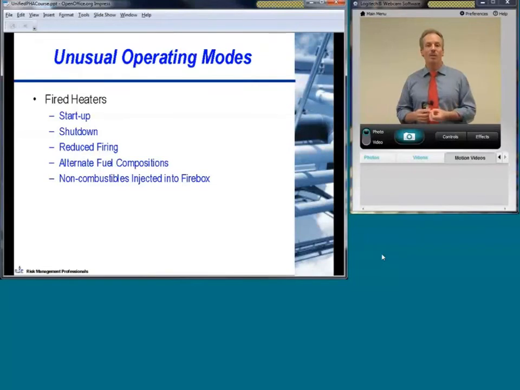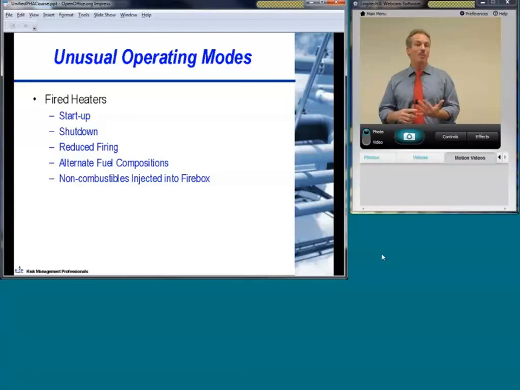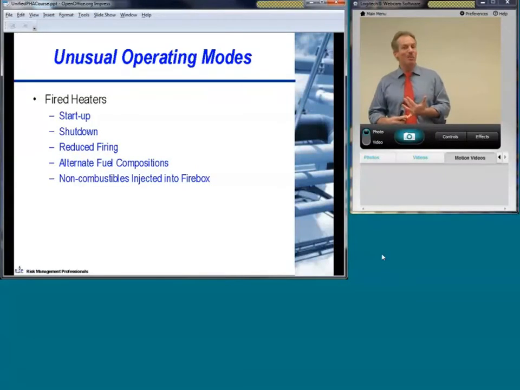The last one, it's an oddball, but I've seen this happen maybe 1 in 20 heaters. Somebody's got a non-combustible that's being blended in with the fuel gas going into the heater, or sometimes it's injected directly into the firebox or into the flue area. Sometimes it's done for getting by so they don't have to do separate permits for getting rid of some sort of waste gas stream. Sometimes there are other reasons for doing it, but you've got to be extremely careful in